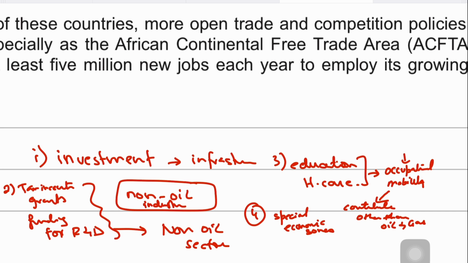So you could say that using supply side policies to diversify the Nigerian economy and reduce the dependence on oil and natural gas